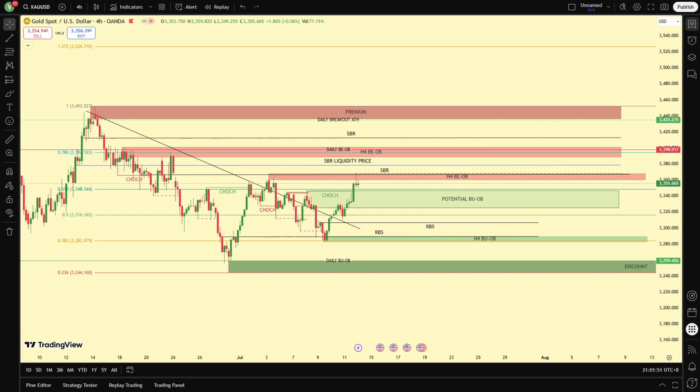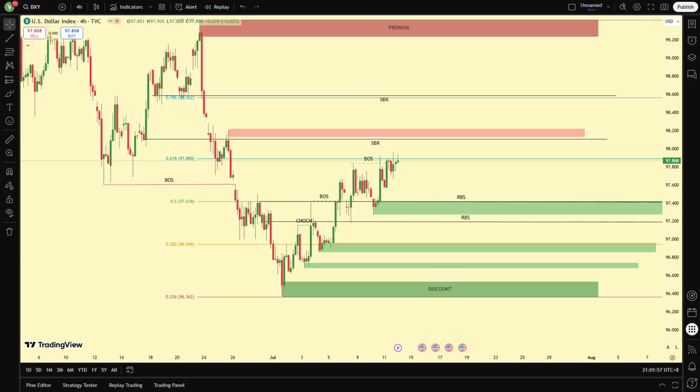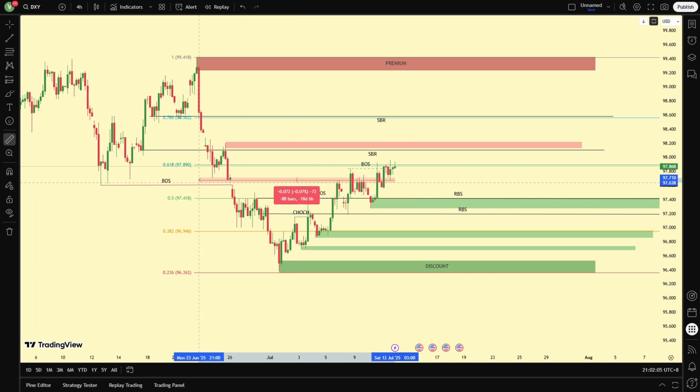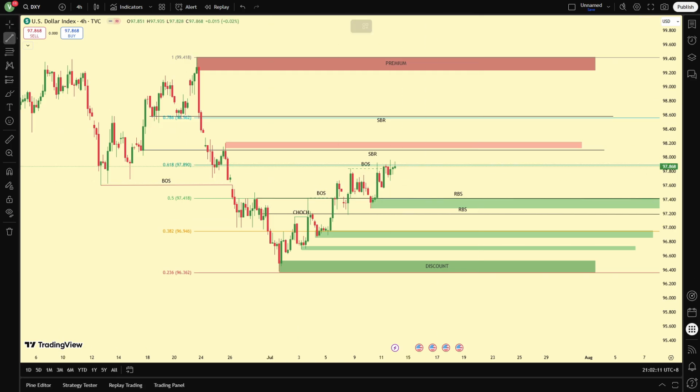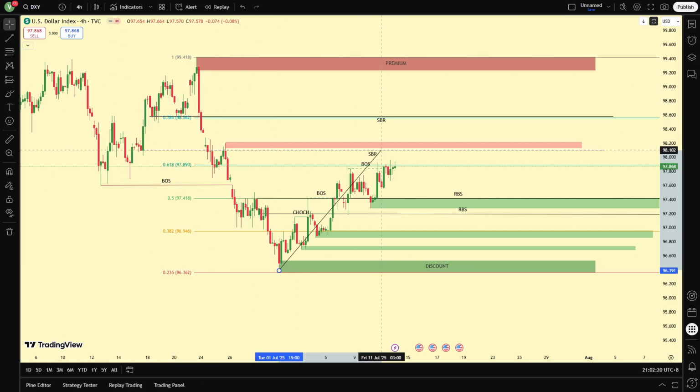All right, because as we can see right here for the US dollar index, right now the price is retracing after 18 days. So how many days was the price going down here without any retracement? Last week we can see that the USD retraced to this level over here. So what we're going to see is the price on the US dollar index is actually at our point of interest,